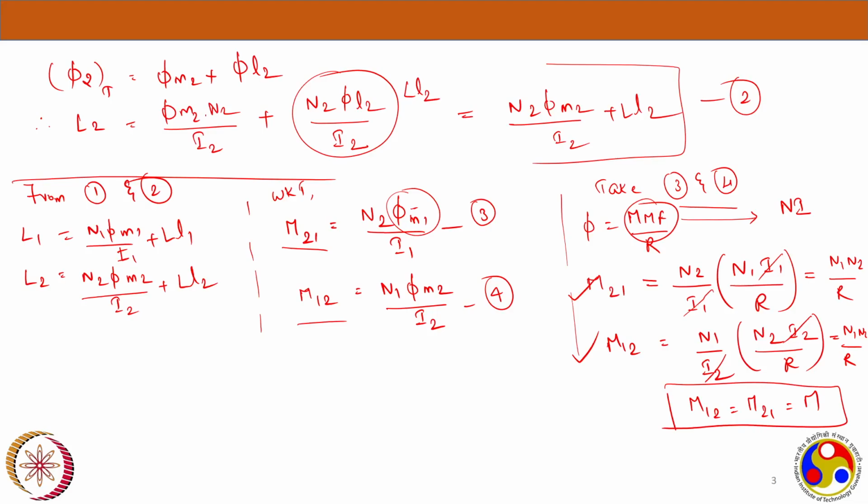Leakage flux will be mmf by reluctance, and you take the turns ratio of that particular winding, and the current will be the current flowing through that winding, that is I2. The reluctance will be the reluctance of the air, not the core, because that flux is not passing through the core. So that's how we can calculate the